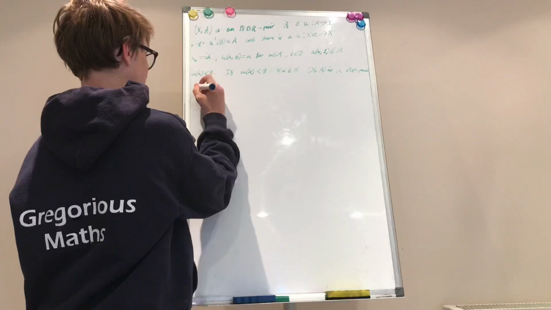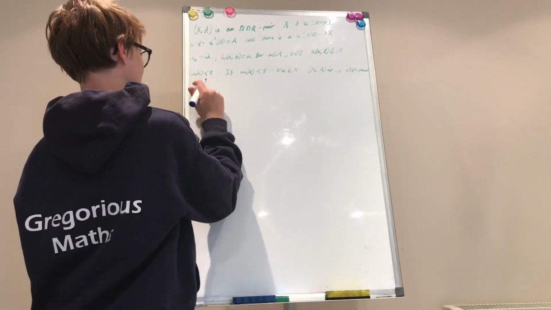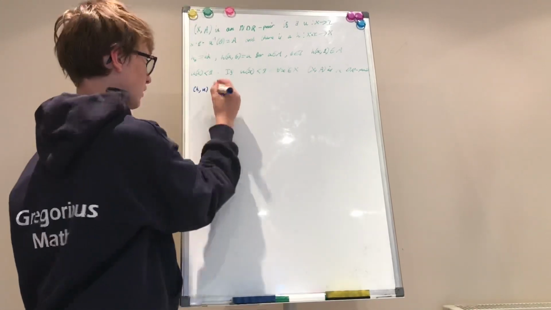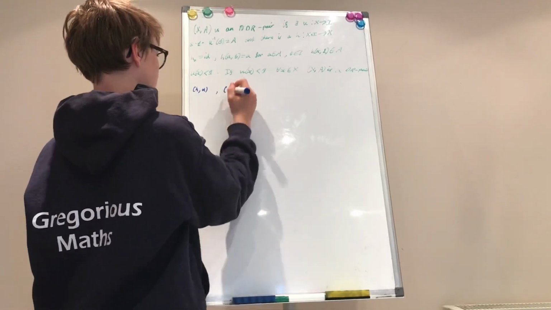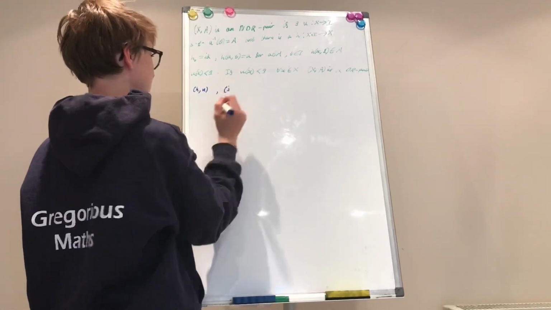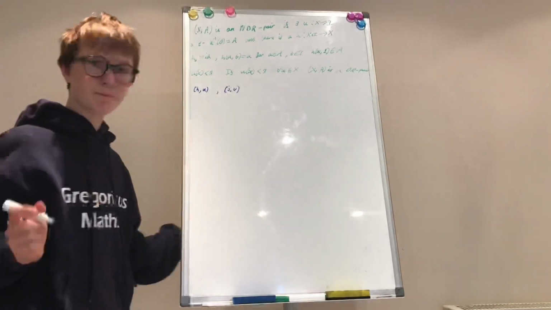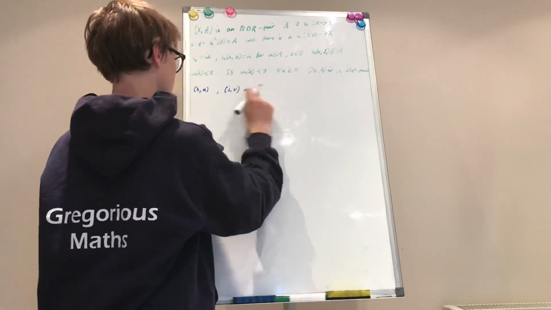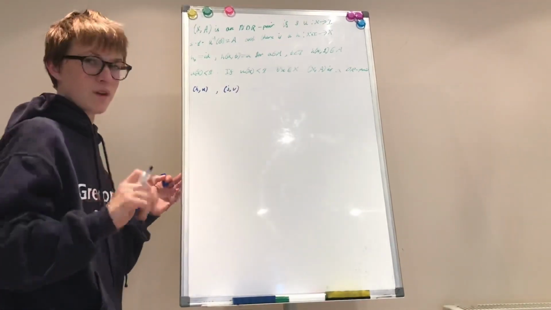So if we have a pair, let's say (H, U) will represent (X, A), and let's say we have, for example, (J, V), and represent those things as NDR pairs, then